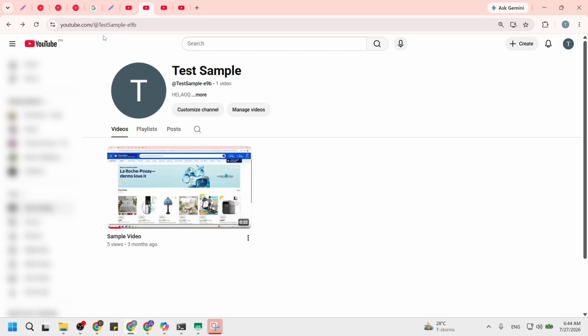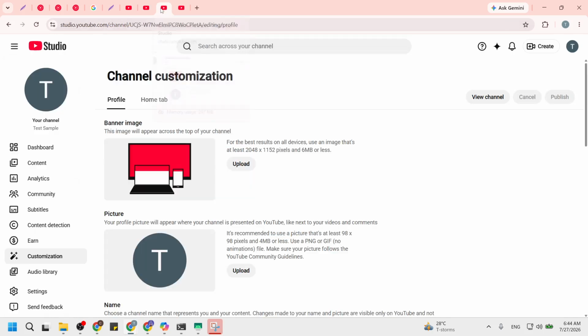Next, hover your mouse over your large profile icon and click the camera icon that appears. Move your mouse slowly over the big circle image near your channel name. A small camera icon should fade in on top of that circle. Beginners sometimes click too early, before the icon appears, so make sure you actually see the tiny camera symbol. Once it is visible, click directly on that camera icon. The site then starts loading the next page.